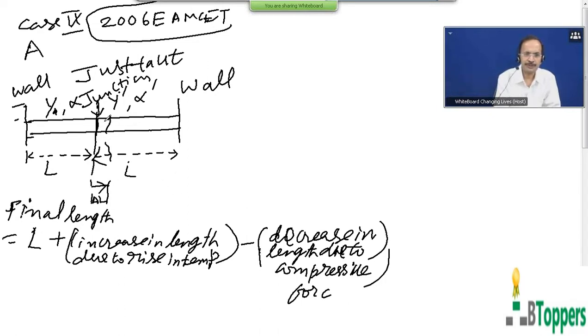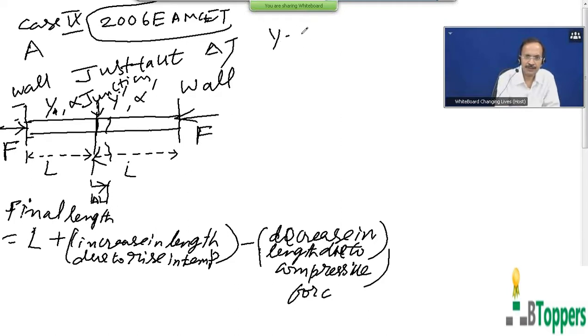Because when the temperature of the two rods is raised by delta T, each rod will tend to expand lengthwise. So the wall or each rigid support exerts a compressive force on the rod to prevent its expansion. Let F denote the magnitude of the compressive force exerted by each wall or support on the rod to prevent the expansion of the rod when the temperature increases.